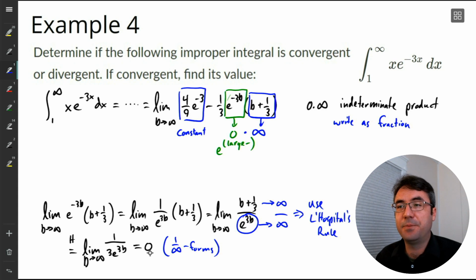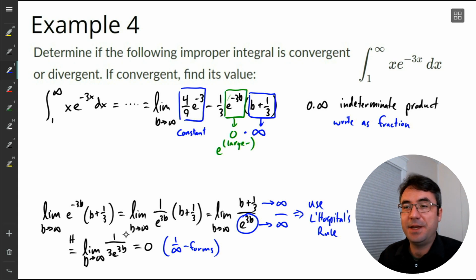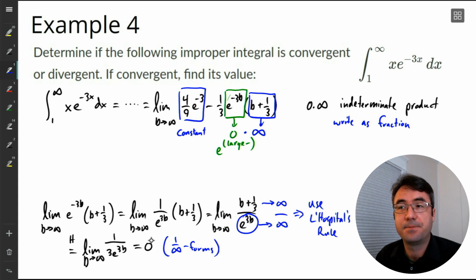All right, so it took a little bit of work to get there. But we were able to show, using L'Hopital's rule and a kind of clever rewrite here, that for this indeterminate product, 0 times infinity, in this particular case, the 0 term, the term getting closer to 0, wins out. And so what happens then is